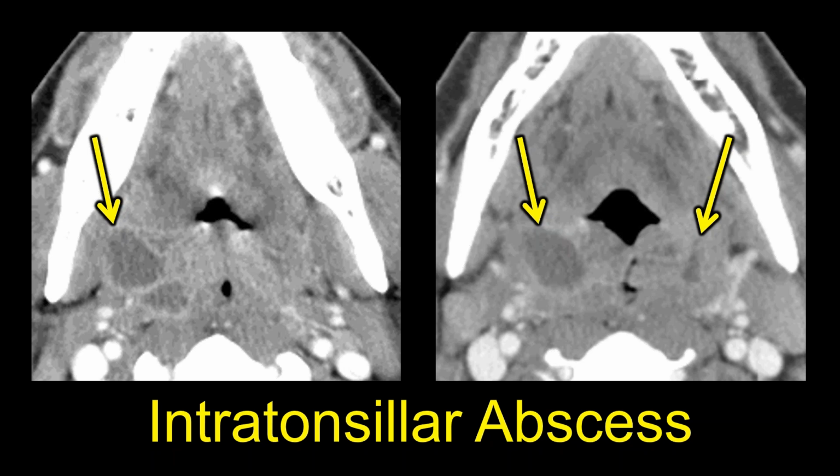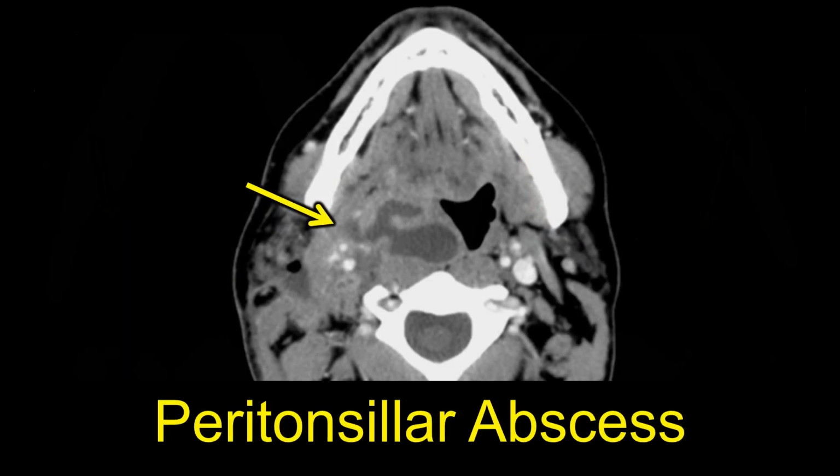Now for us on cross-sectional imaging in the head and neck radiology world, if that fluid leaks out from the tonsil into the surrounding spaces, like we see in this case, we call that a peritonsillar abscess on imaging. And again, to the head and neck surgeons and the pathologists, it's always a peritonsillar abscess. They say there's no such thing as an intertonsillar abscess. So just remember that we sometimes use different words for things on cross-sectional imaging than other people do on pathology